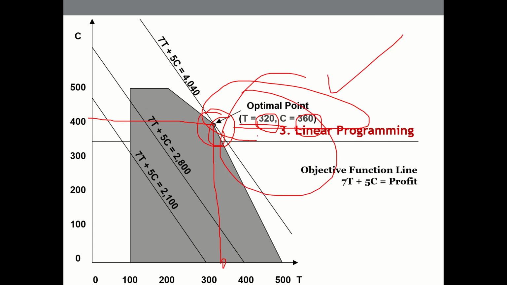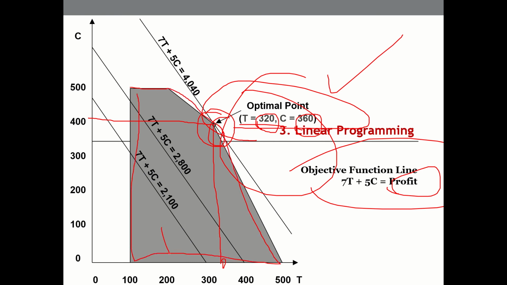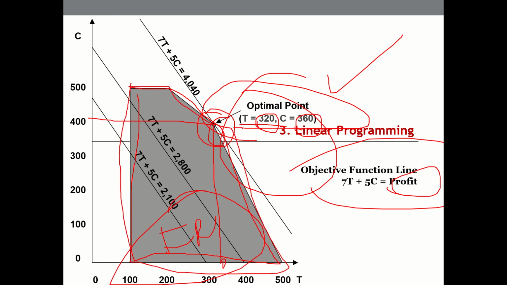The ultimate aim is to find the optimal or best solution that we can get, the maximum profit that we can get out of this exercise. Okay, so anything within this region, the feasible region, these are feasible. When we do this exercise of manufacturing tables and chairs, this is a feasible region, and the maximum benefit that we get is what we can aim for.